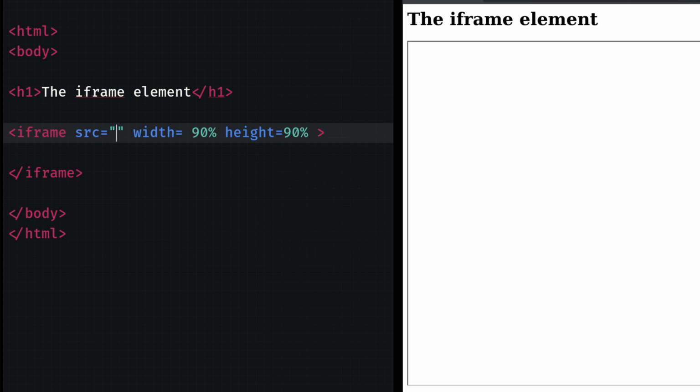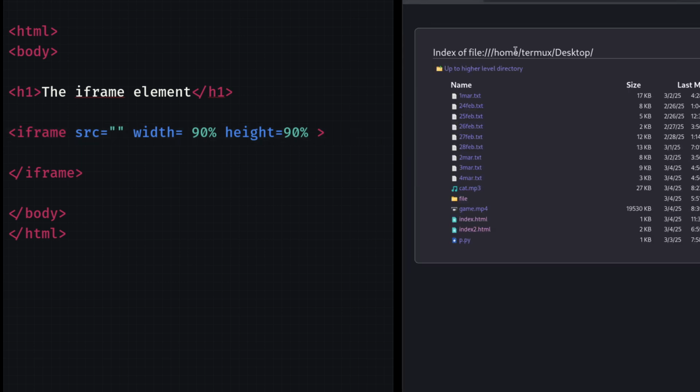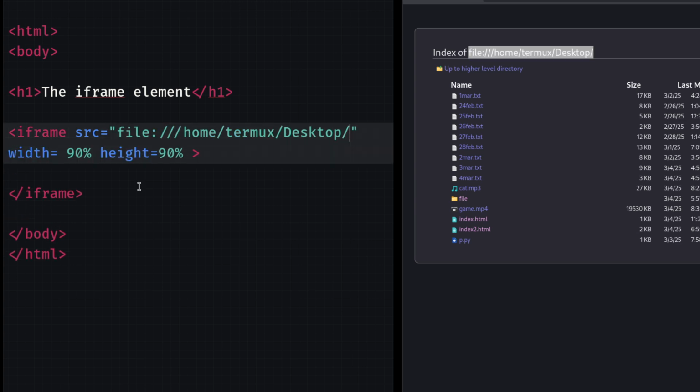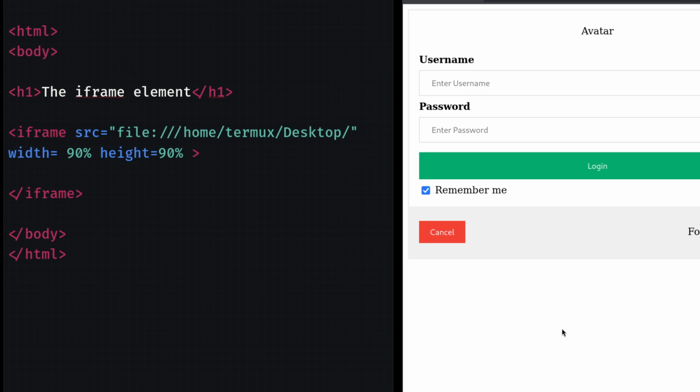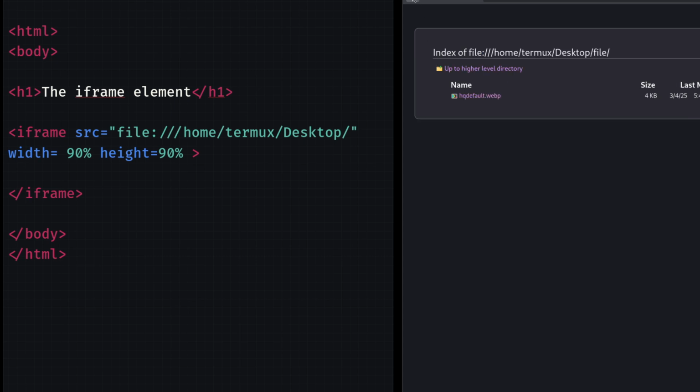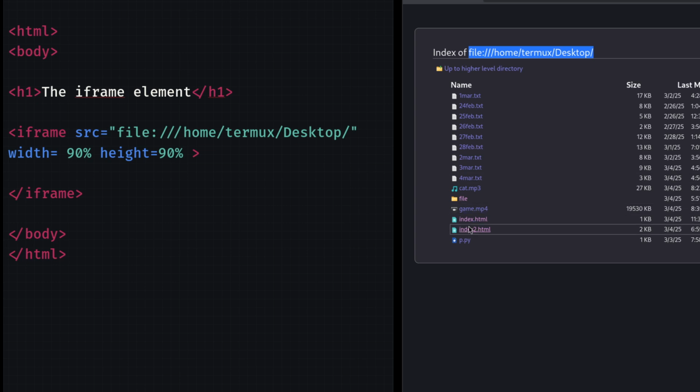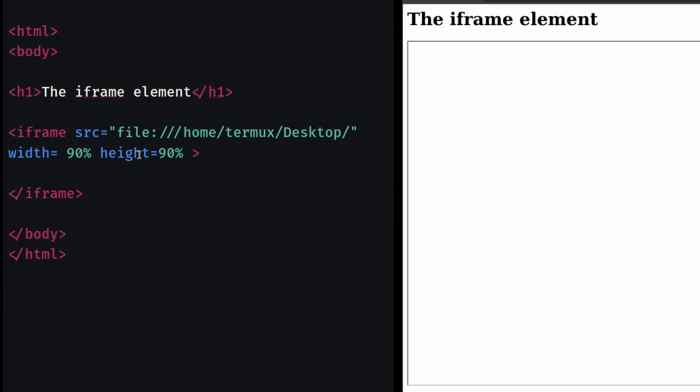I have a file right over here. For example, let me show you. Here in this directory I have a file called index2. It's a web page. Index2 looks like this. If I open it up, this is how index2 looks. Now I'm going to put index2, this web page, inside of index1, and the way to do it is the following. Let's go back here. So the way to do it is to put